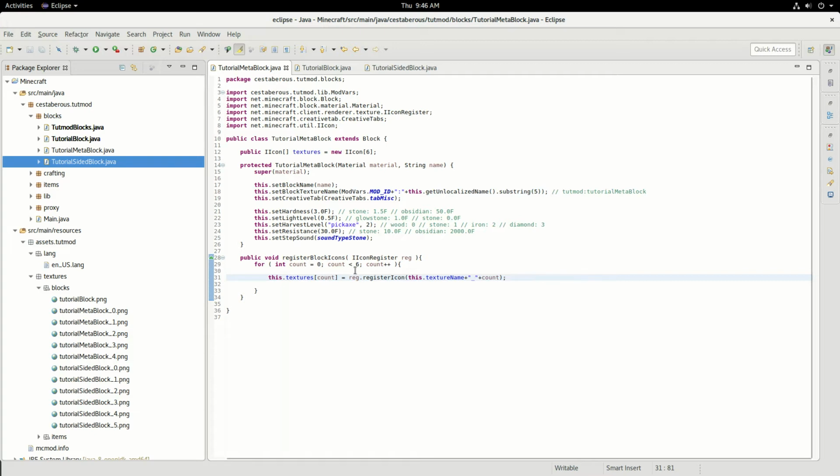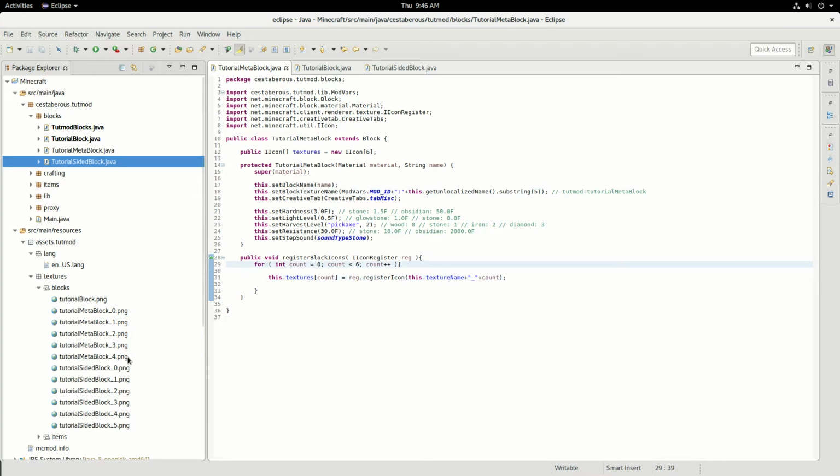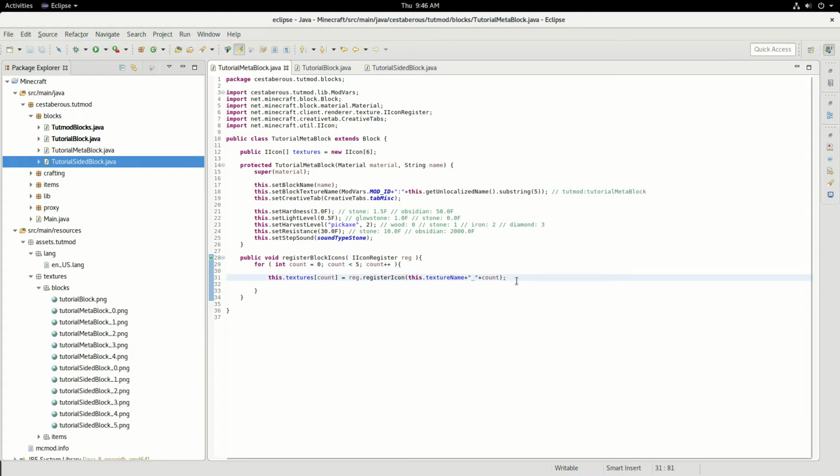So it's going to go and find, say that since we only used 5 different sides instead of having the count go up to 6, we want it to go up to 5 because we're only allowing 5 different colors on this block. So it's going to go find all 5 of these textures and it's going to register them in this textures